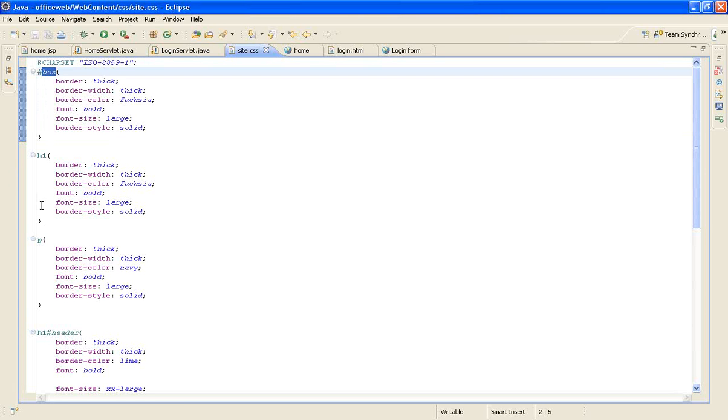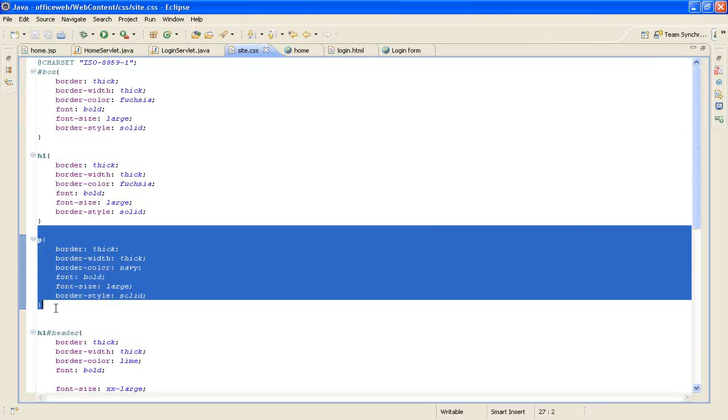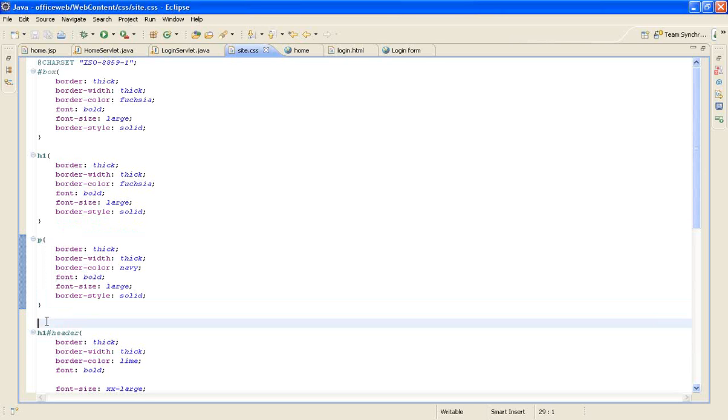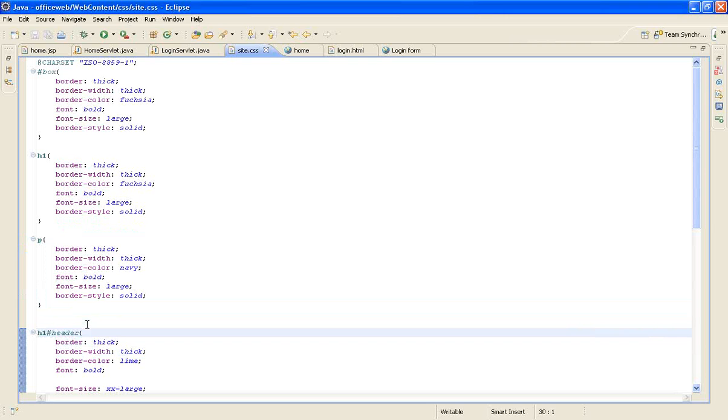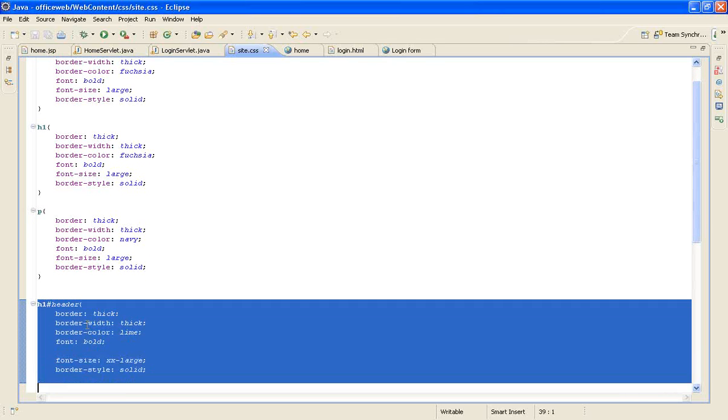Otherwise, a generic one: don't care about the ID, only the type of the element. And now, if within the H1, I want to apply styles only to the H1s having the ID as header, in this case, this works. Hope this is also clear.